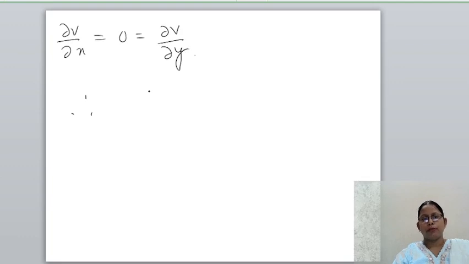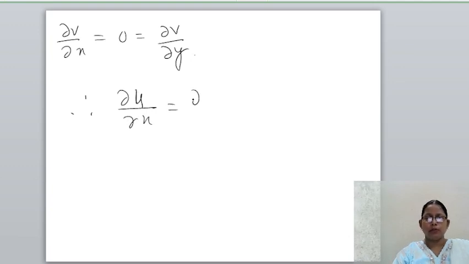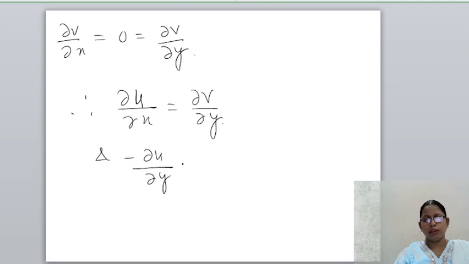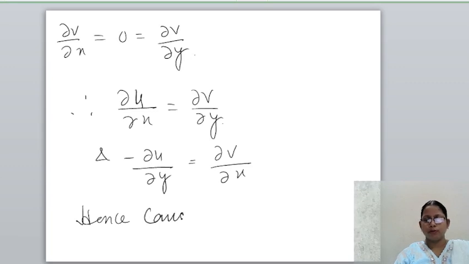Therefore, the CR equations are del u by del x, which is 0, equal to del v by del y, and minus del u by del y is equal to del v by del x. Hence f(z) satisfies the Cauchy-Riemann equations